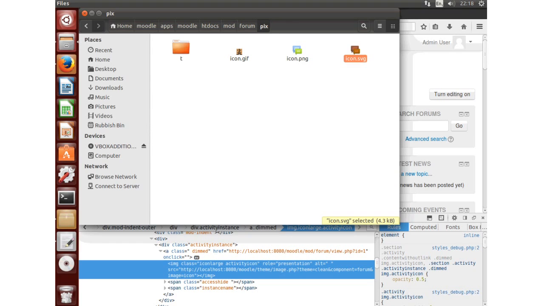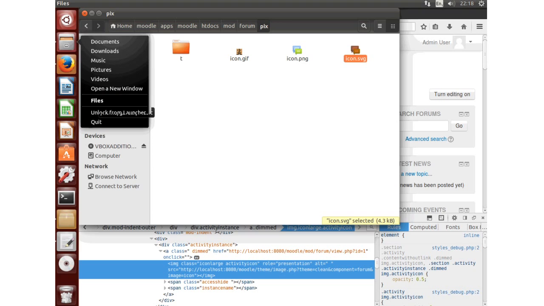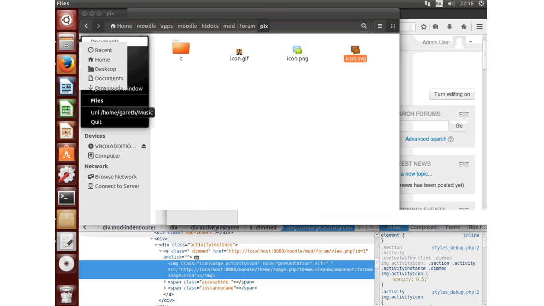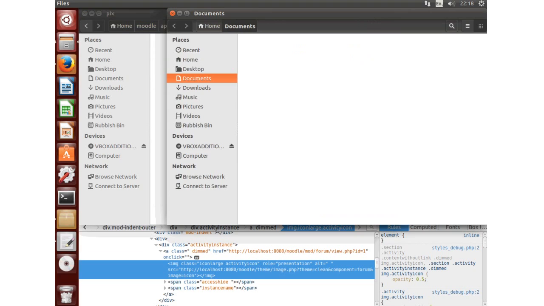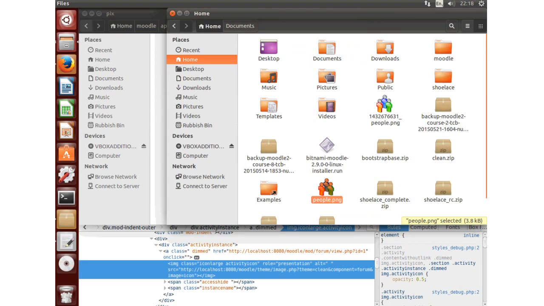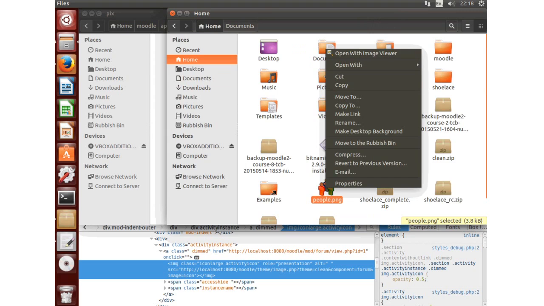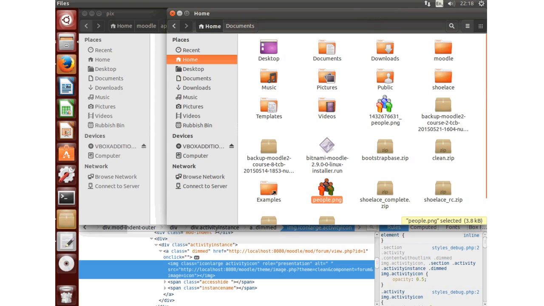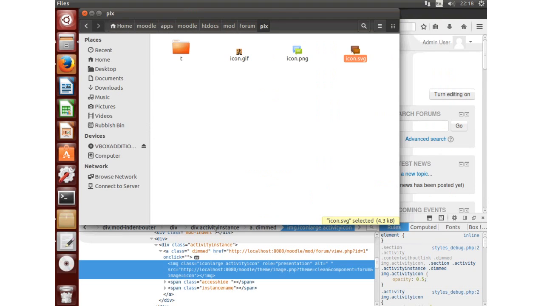So what I have currently done is, yep, I've got a little people person sort of different icon there. I'm going to take that and copy that and use that instead. So back to our theme,